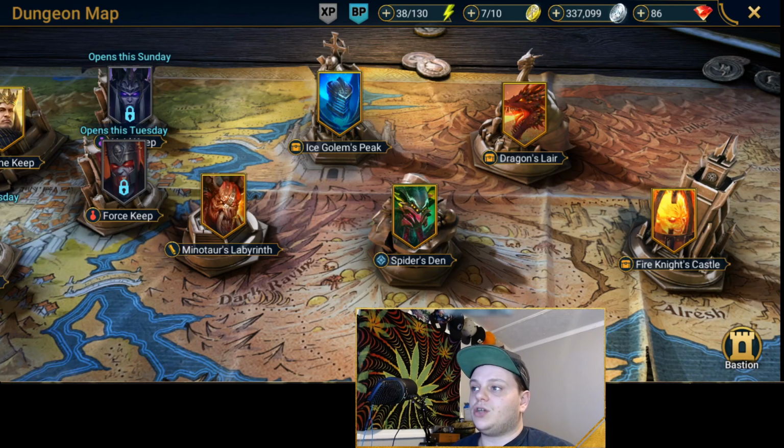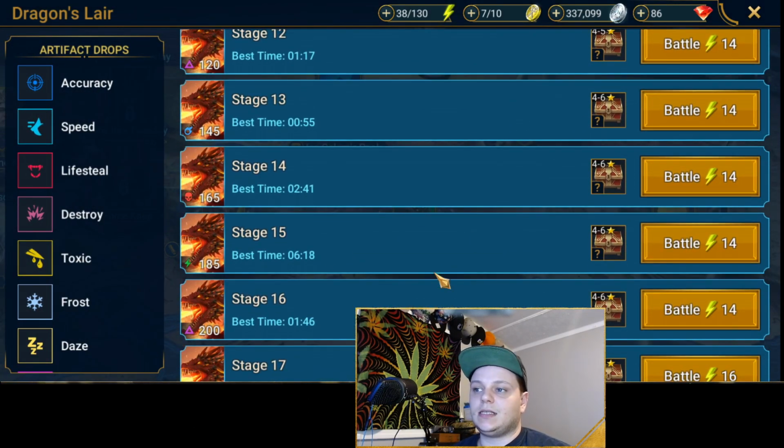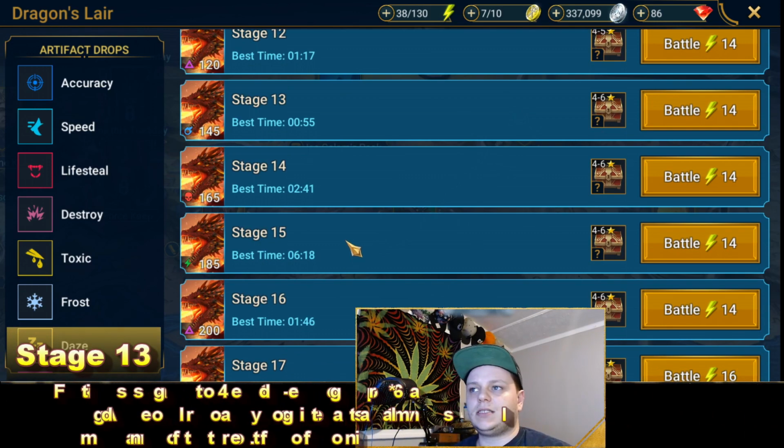So, hopping into Dragon, we're going to go ahead and take a look at it. Today, we're going to tackle stages 13 and 16. 16 makes a little sense, you're up in the higher stages. But why 13? Well, 13 is what I would suggest to be the first place that you can go and